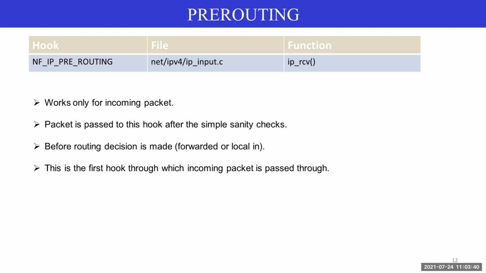Also there is a performance impact if you are adding your callback routines or iptables rules in pre-routing. Suppose your goal is to inspect the iptables rules only if the packet is for your host. Then pre-routing is not the place where you should add your callback routines or iptables rules. You must do that in local in. So pre-routing is common for both forwarding as well as local in.